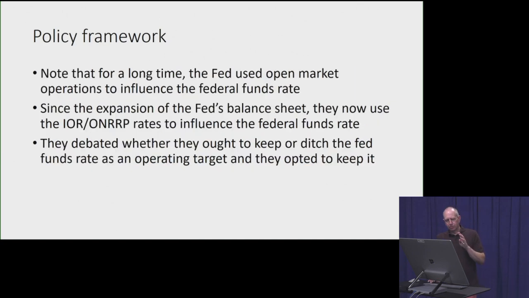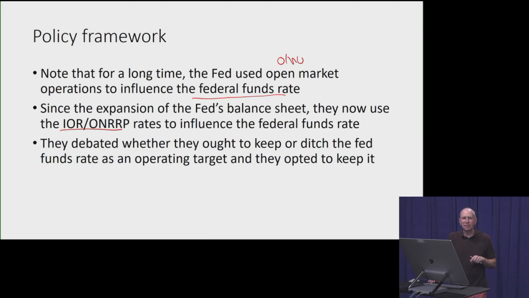Now, under normal circumstances, in other words, way back in the day before 2008, in order to influence the Fed funds rate, the Fed used standard open market operations, in other words, the buying and the selling of U.S. Treasury securities. Since they've expanded their balance sheet after the 2008 recession with large-scale asset purchases, in other words, QE, they now use, and will be using for the foreseeable future, interest on reserves and the ONRP rate to influence